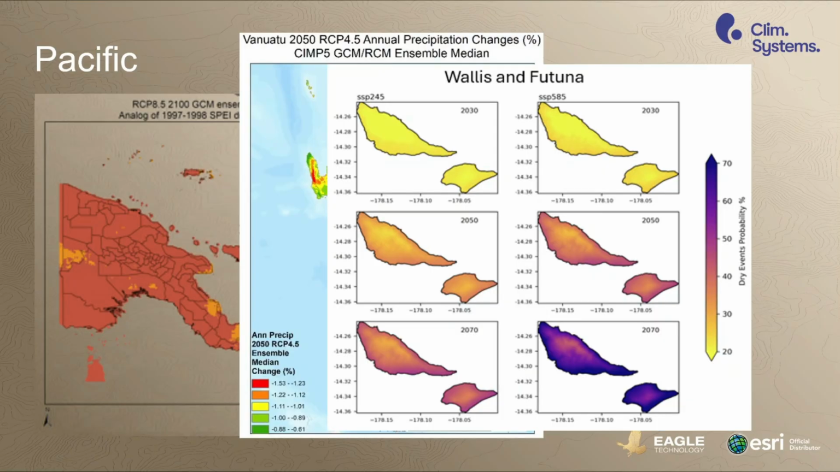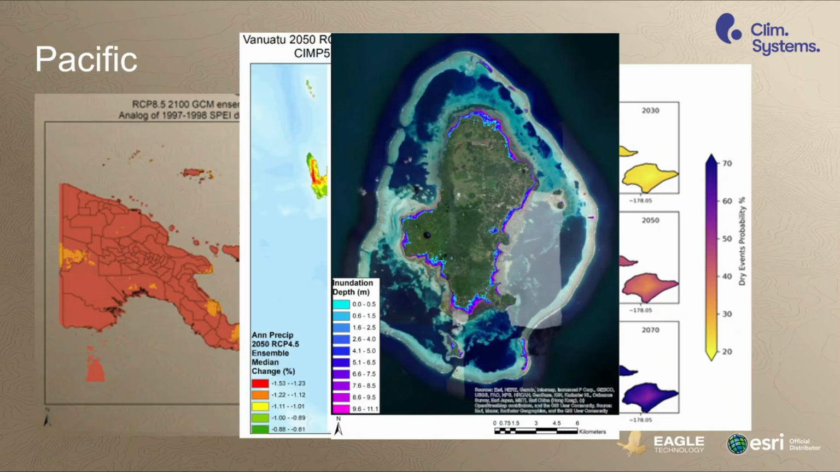We also worked with the New Zealand Met Service and the French Embassy out of Wellington on a project in Wallis and Futuna in the Pacific, again looking at dry events and their probability. Drought is a major hazard across the Pacific, and it's not being recognized that well, but it's increasingly an issue, and hence why we did some of this work on drought, among other things, including coastal inundation in Wallis, where